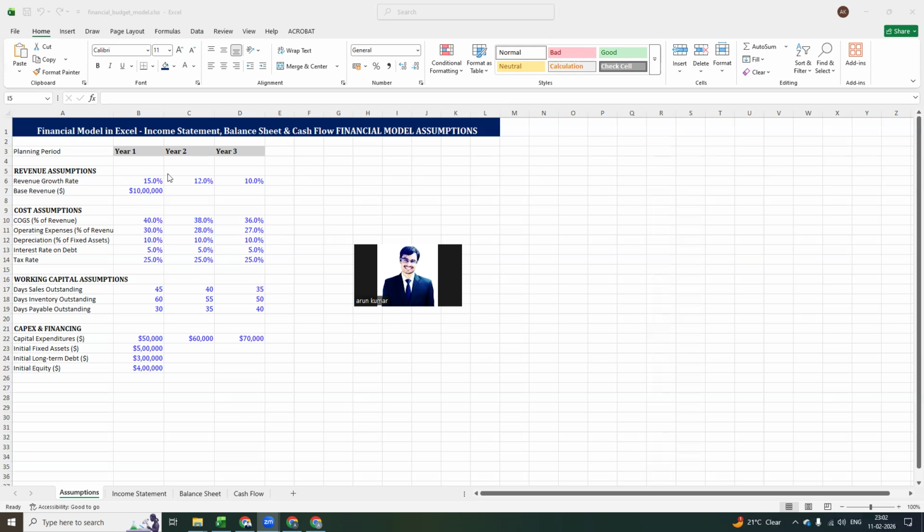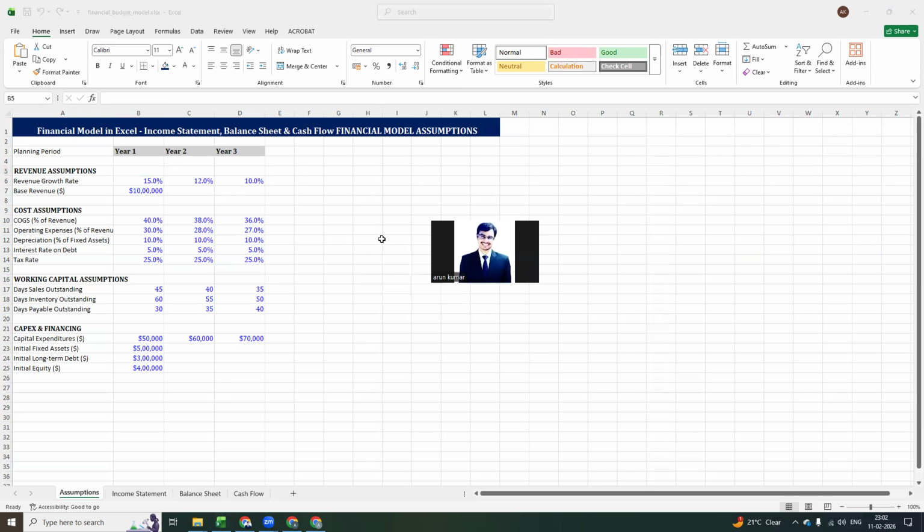The first sheet is all manual, where we are putting the revenue assumptions for 3 years right now. And here we have the growth rate. I put 15%, 12%, and 10%. Then this one is our base revenue. Then we have the cost assumptions here, COGS, and we have the operating expenses,